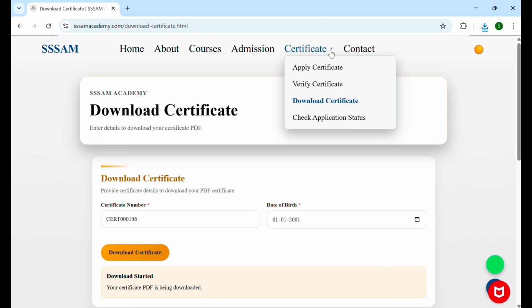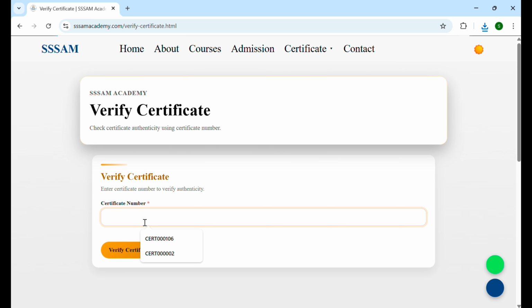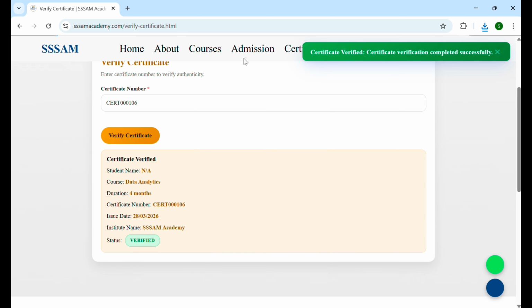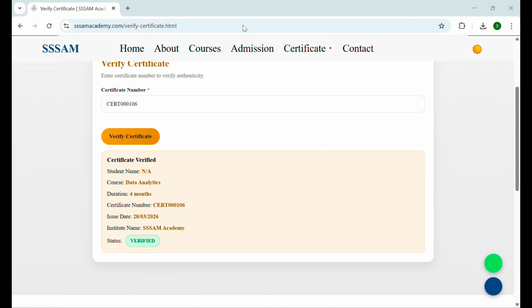And in future, if you want to verify your certificate, you have to go to the verify option under certificate. Then there you have to type your certificate number and verify your certificate. You can verify your certificate in future if there is a need. This is the way in which you can download your